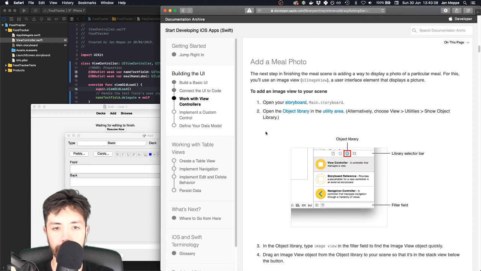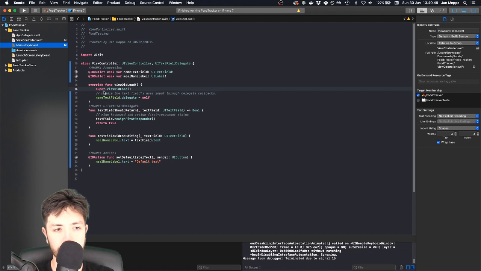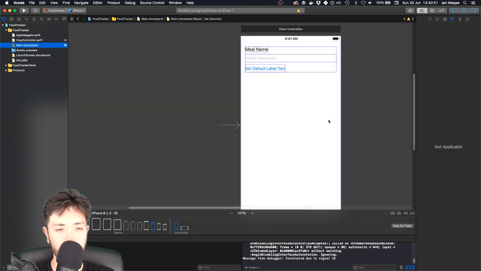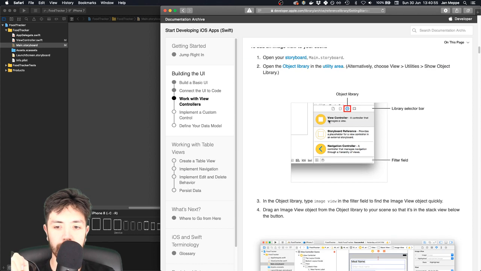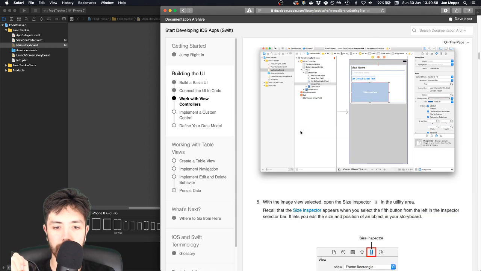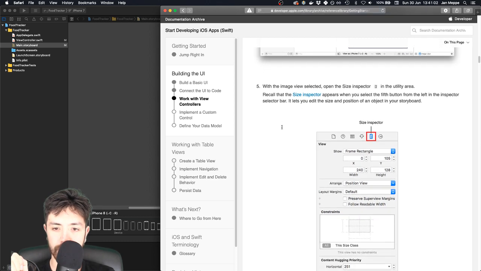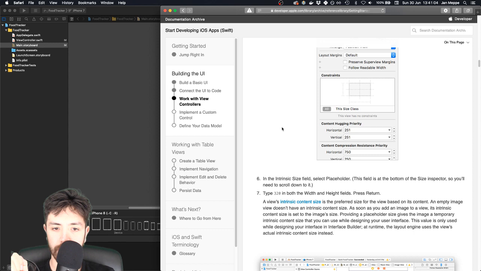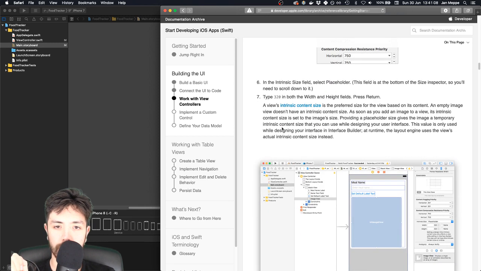Add a meal photo. The next step is finishing the meal scene, adding a way to display a photo of a meal. Alright, let's go to storyboard. We're gonna add a UI image view, size inspector, placeholder, 320, 320,